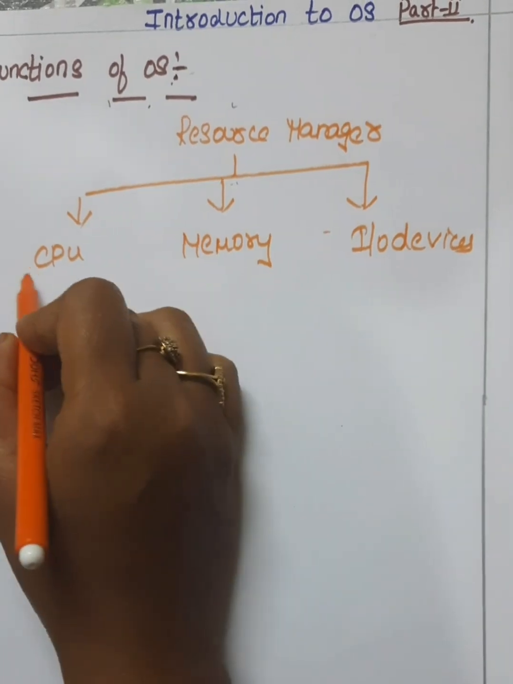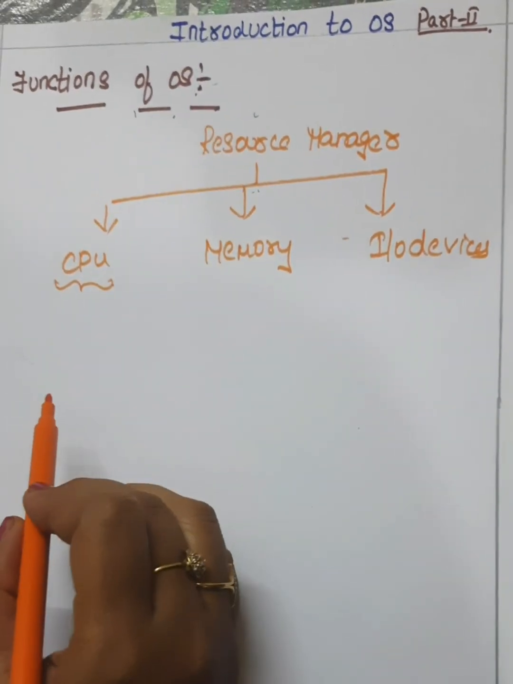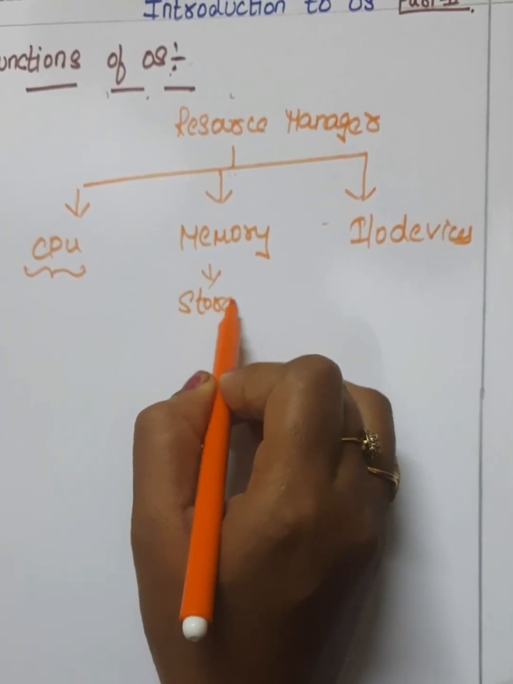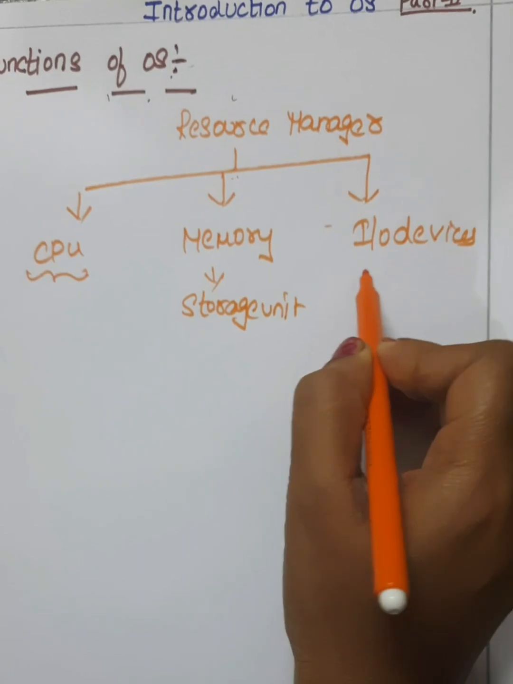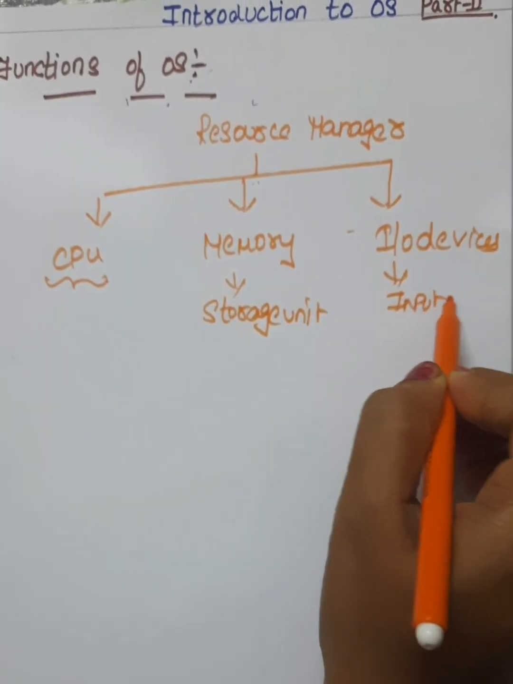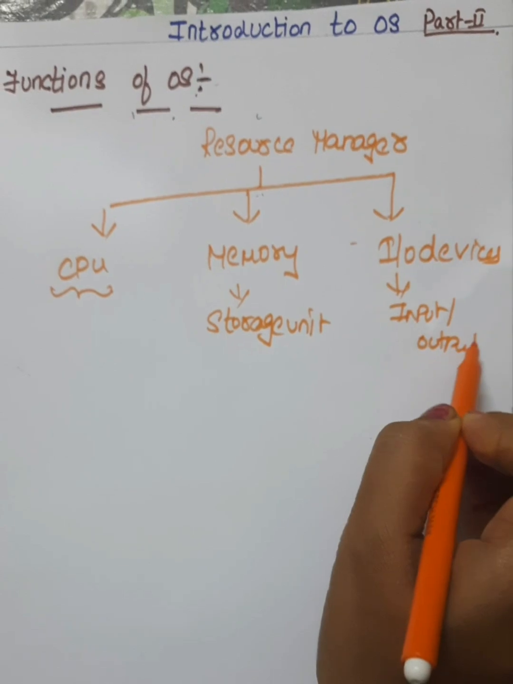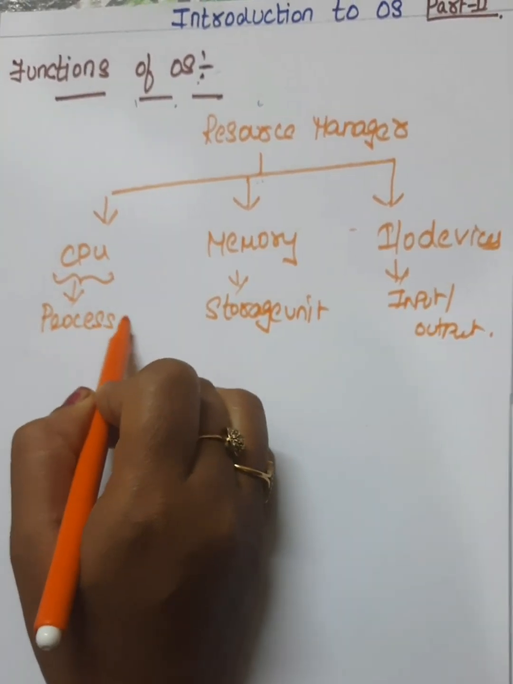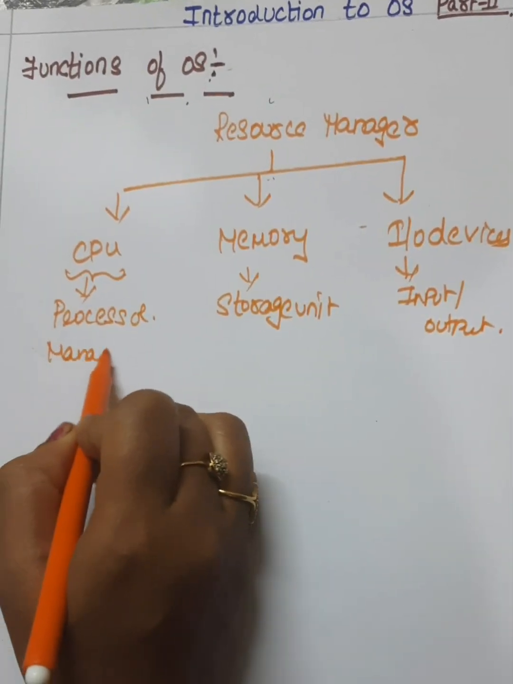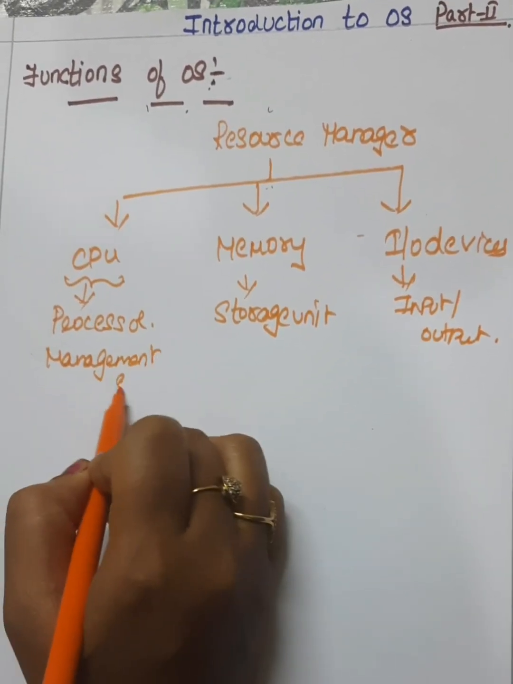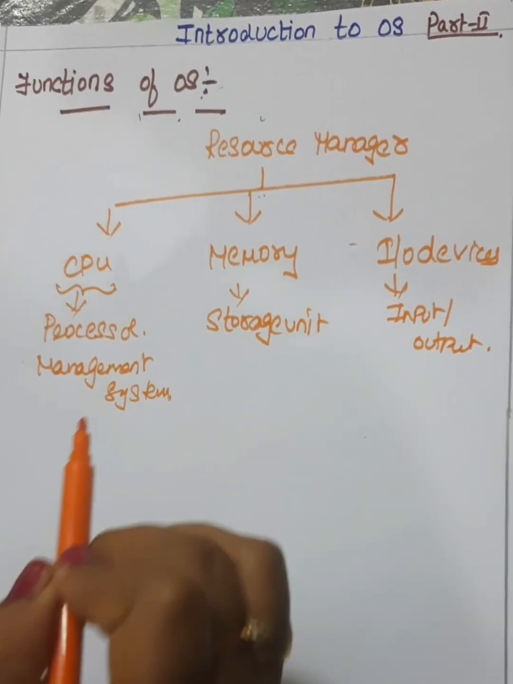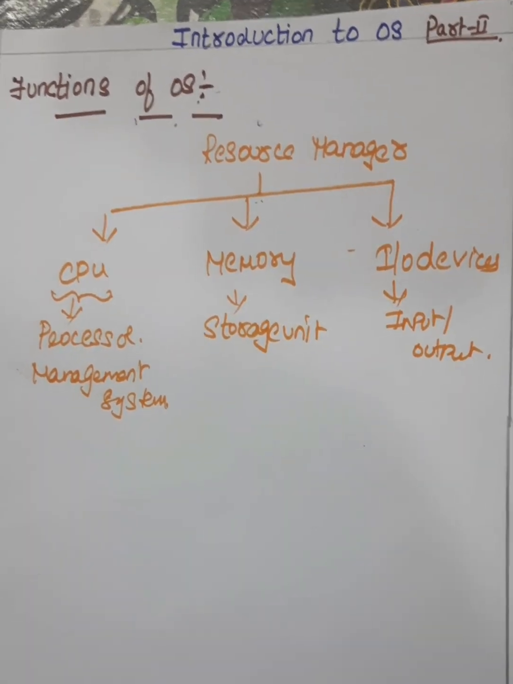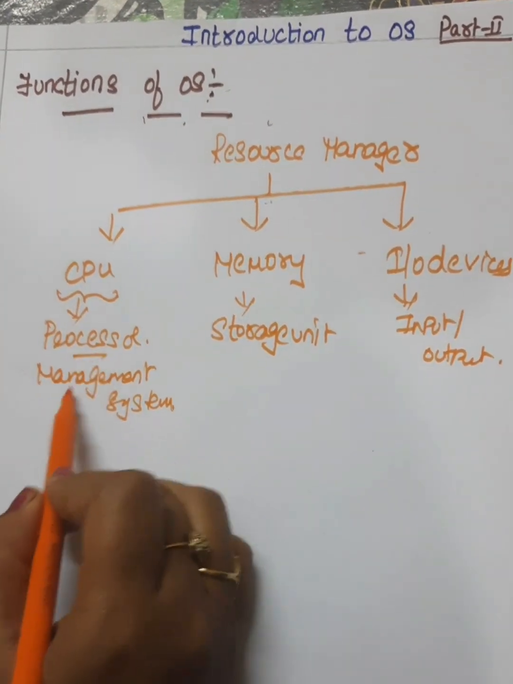So what is a CPU? As you all are aware, CPU is a central processing unit and memory is nothing but a storage unit. And you are all aware that I/O devices are nothing but input and output devices. Right, okay? So this is simply called a processor also. Okay, this is a processor management system. Right, all of you? So now in this resource manager, let us deal first with the processor management system, which